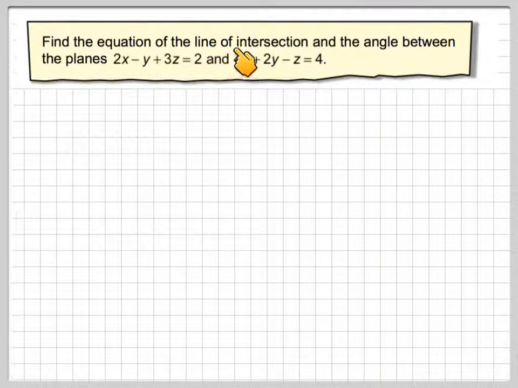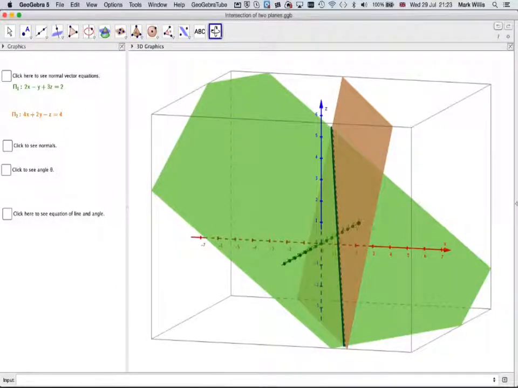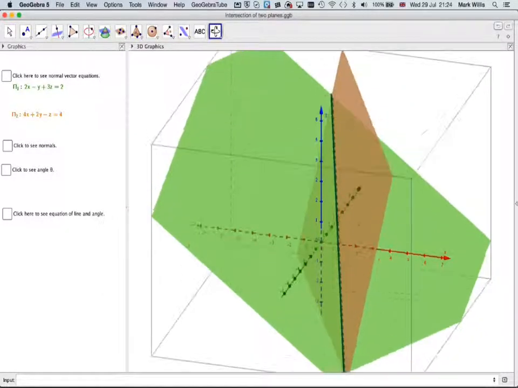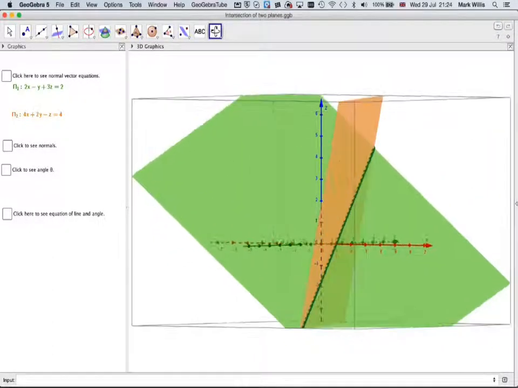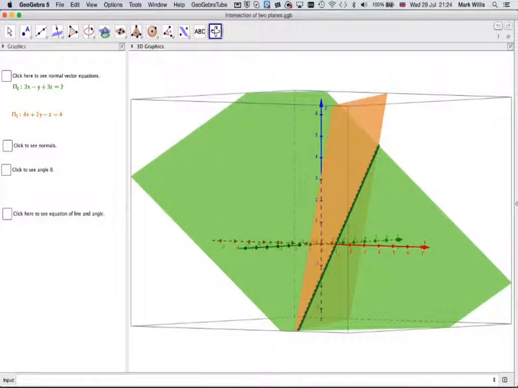Find the equation of the line of intersection and the angle between the planes 2x minus y plus 3z equals 2 and 4x plus 2y minus z equals 4. If we have a look at these here, we have those planes drawn on GeoGebra. We can have a look at them from different angles, and what we see is that they actually intersect on